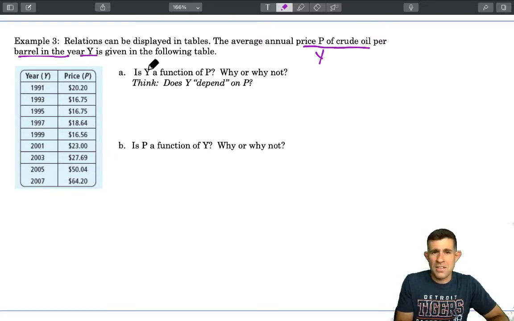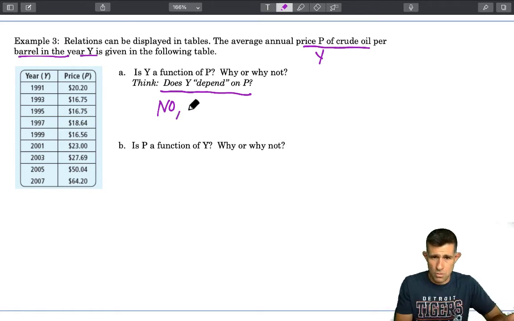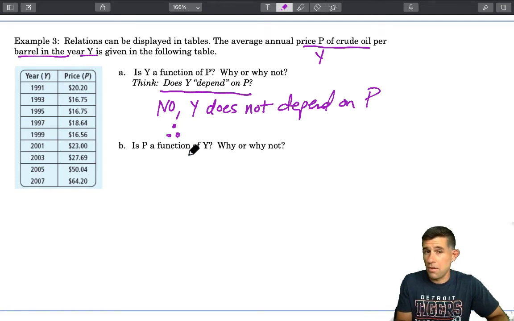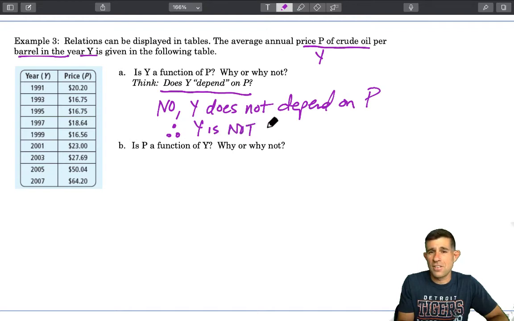And the question that they're asking is, is Y a function of P? Why or why not? And what you want to think here is, does Y depend on P? Does year depend on the price? And here we've got to say no. The year in the calendar does not change based on the price of crude oil. So no, Y does not depend on P. And therefore, here's an abbreviation for the word therefore, 3 little dots. Therefore, Y is not a function